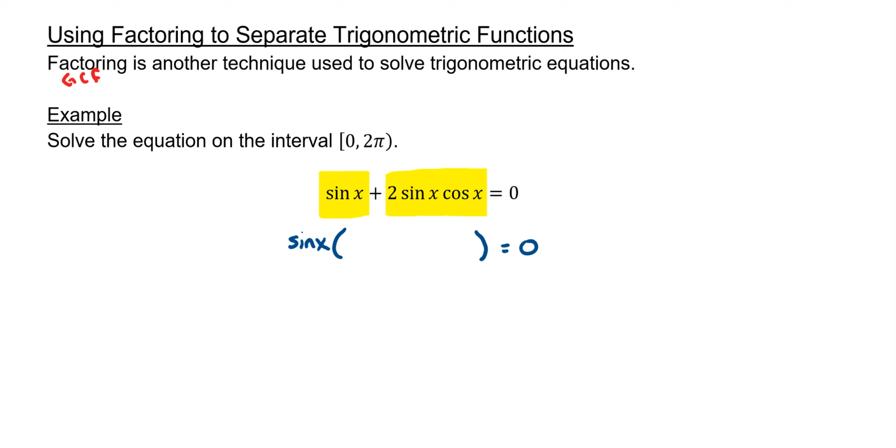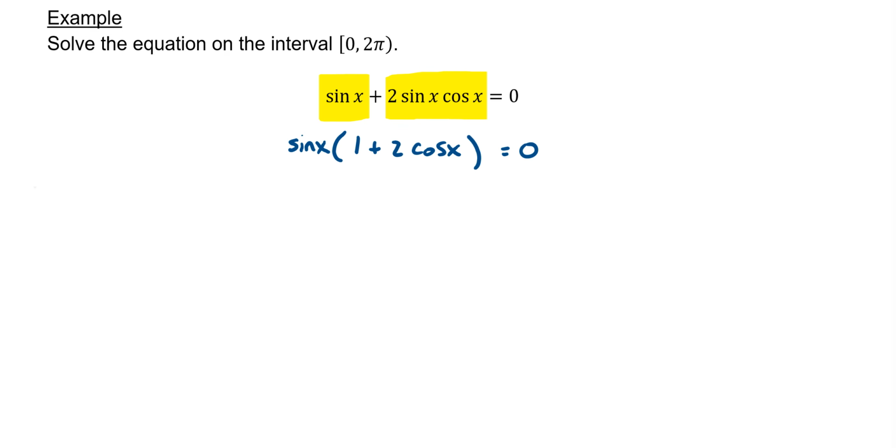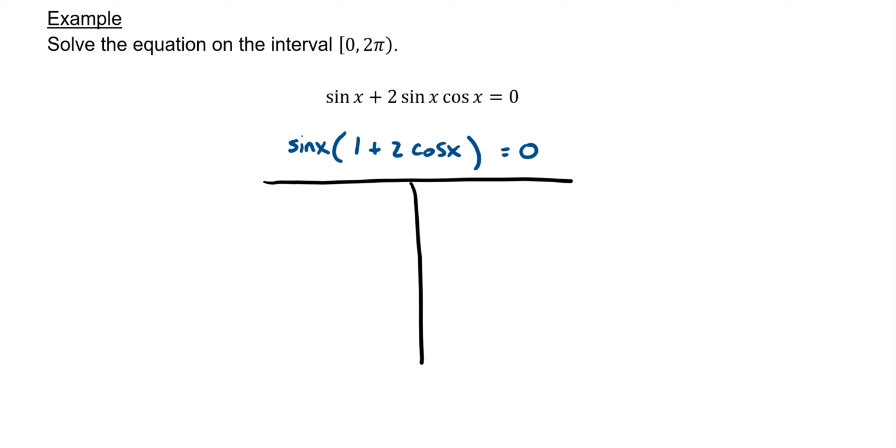So sine divided by sine is 1. And then 2 sine cosine divided by sine, we're just left with 2 cosine of x. So we have sine of x gets factored out front: sine x times (1 plus 2 cosine x) equals 0. Now all we have to do here is use the zero product property. And we're going to take both of these factors separately, set them equal to 0,